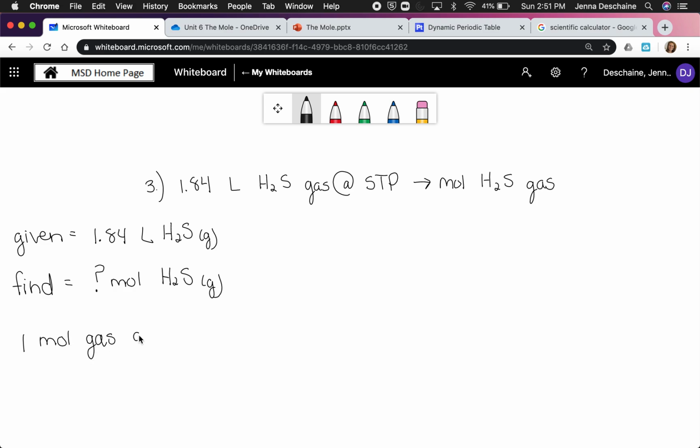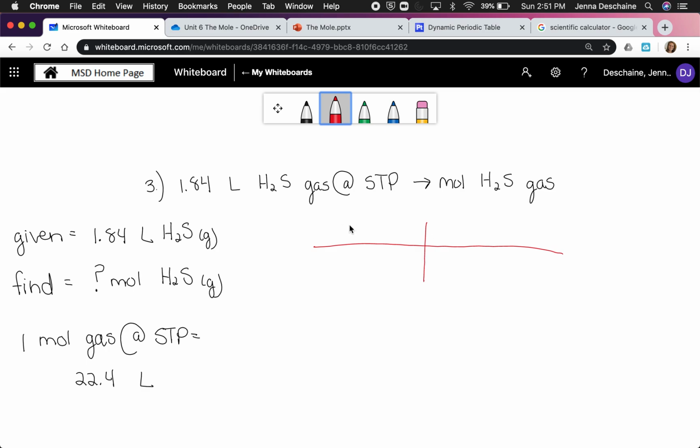So I have a gas, and it's also at standard temperature and pressure, and I know that that equals 22.4 liters if I look at my note card that I had. Okay, so that was step number 2. Step number 3, time to set up that conversion. My given is going to go into the top left corner. Remember, we do not care about this right here for now. All right, so my given, top left corner,